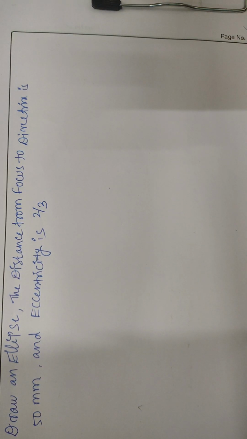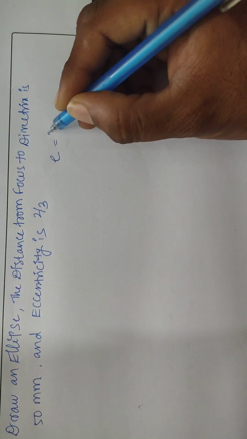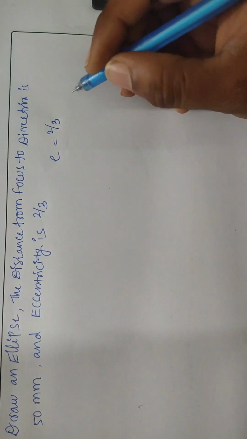Today we'll see about general construction of ellipse. This method is also called the eccentricity method and the general method of constructing an ellipse. Here we mention the distance from focus to directrix is 50 mm and eccentricity is 2 by 3, mentioned as 2 by 3. That means